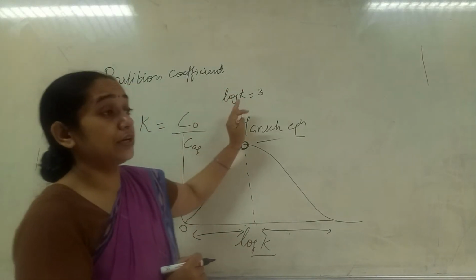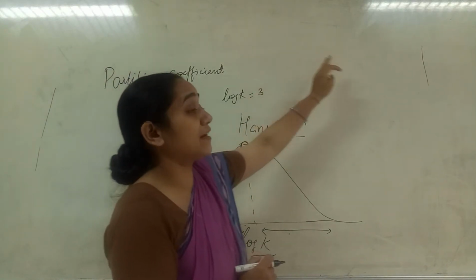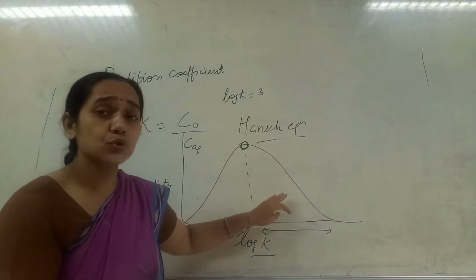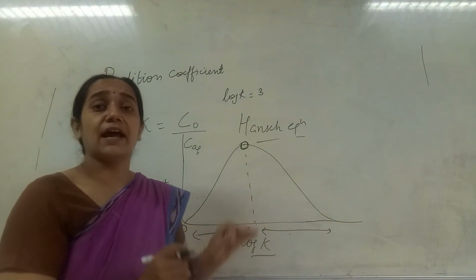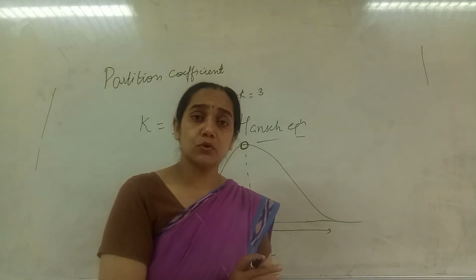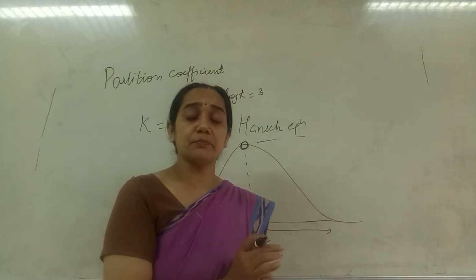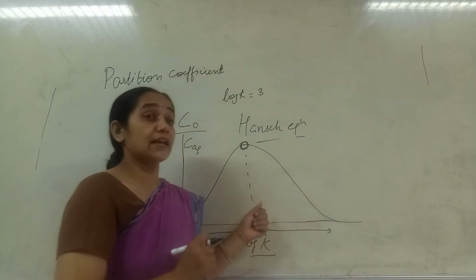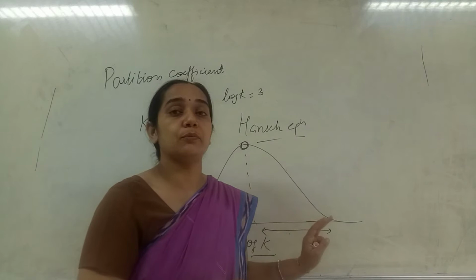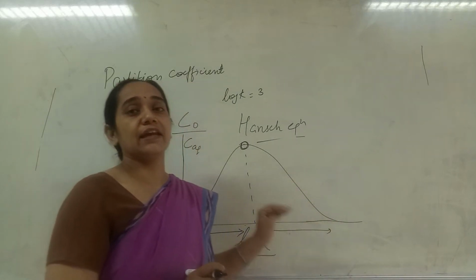But if its log K value is higher than 3, for example 6, 7, 8, then it is so lipophilic that it will take a very long time to dissolve into the aqueous system, because of its lipophilic nature. Then again, as we have discussed, the aqueous solubility will be very poor, and it will not be a suitable candidate.